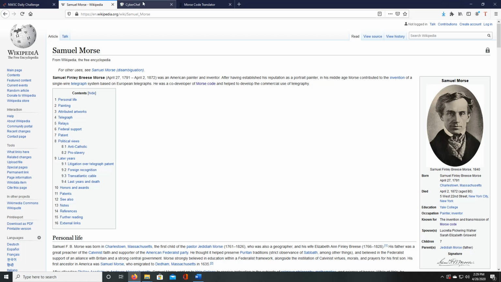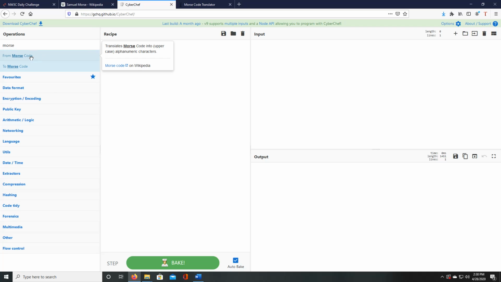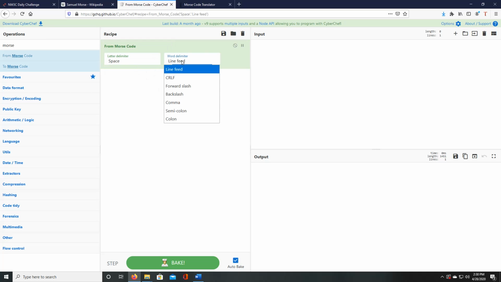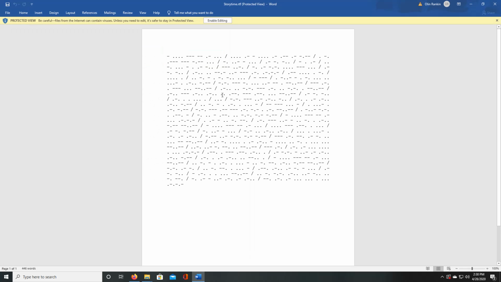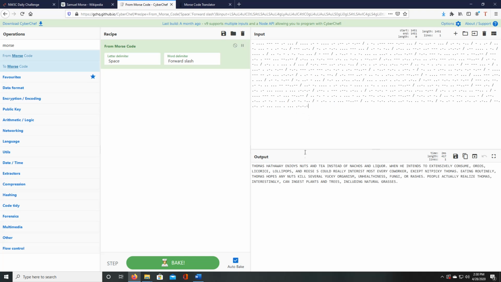With CyberChef, I'm going to have to search for and locate the Morse code recipe, and then I'll set the separator as a / since that's what we see in our document. Once we have the Morse code recipe selected and we've copied and pasted our data, we can see that we're